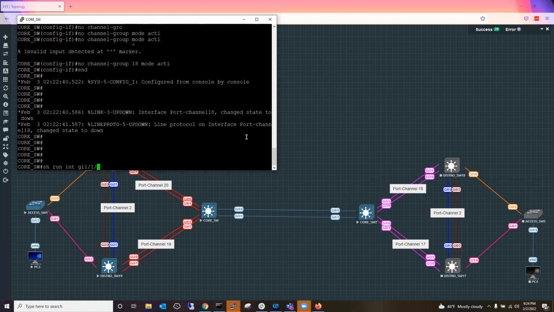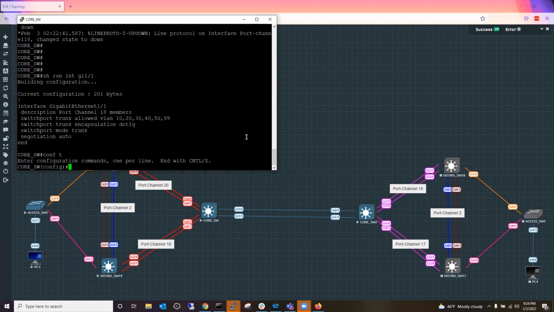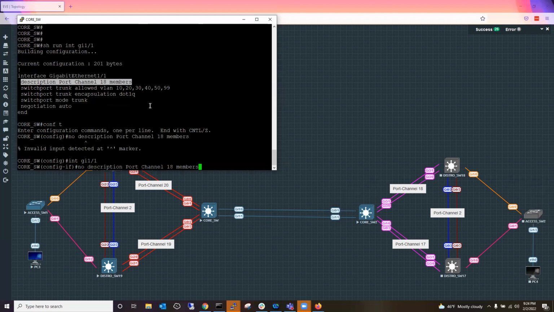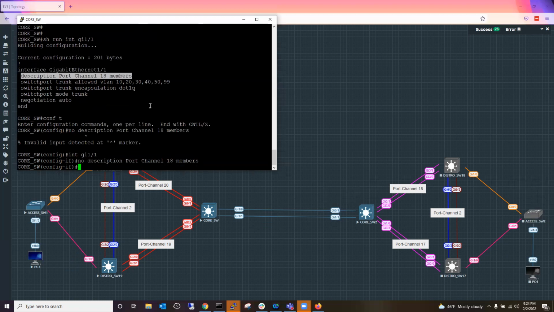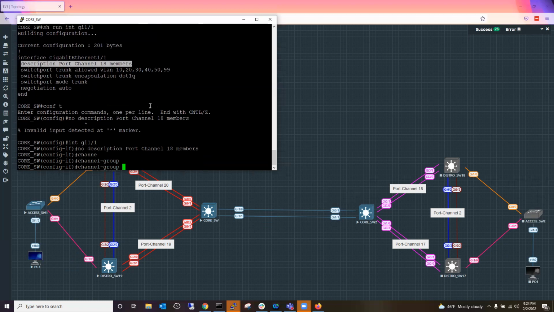All right, so that should have left us with some stuff that we could use. Yeah. So now we just have to put it in there, put it in that channel group. Yep. And if you want to get rid of the description, or change the description. Interface, channel group 1